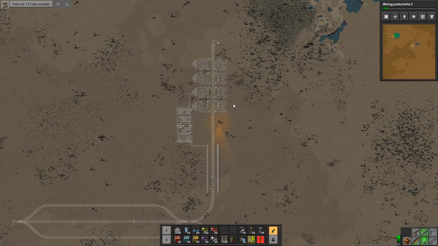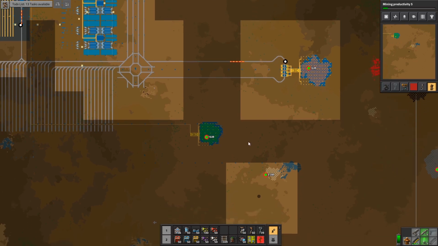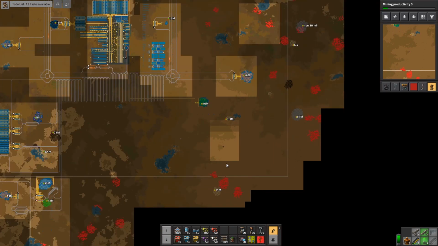Now the question is, I can unload directly onto here. However, if we do this on both sides, how will I unload here, on the lower end? So what I think I'll do...